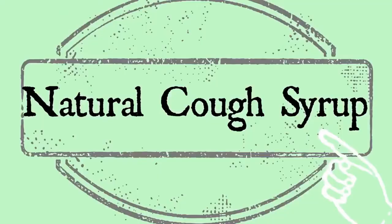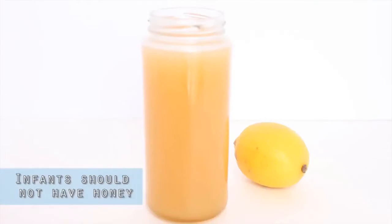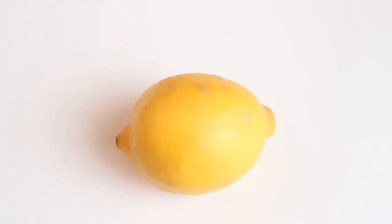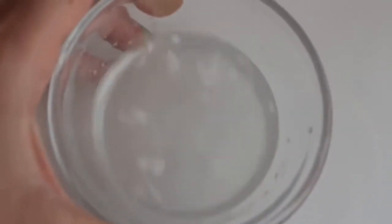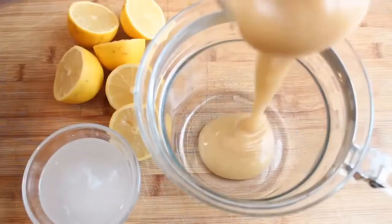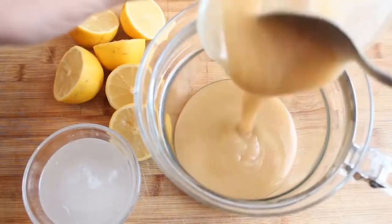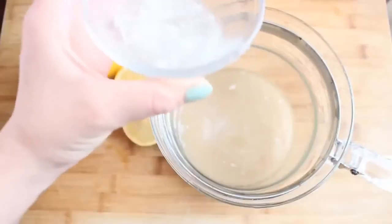Natural cough syrup. This is just one of my recipes, but this is the one that I am going to make today. So this one is super simple. It only has a few ingredients. The first ingredient is an organic lemon, or lemons, you'll need multiple, raw organic honey, cold pressed organic coconut oil, and optionally cayenne pepper. So 1.5 cups of honey, raw organic honey, half a cup of coconut oil, and then